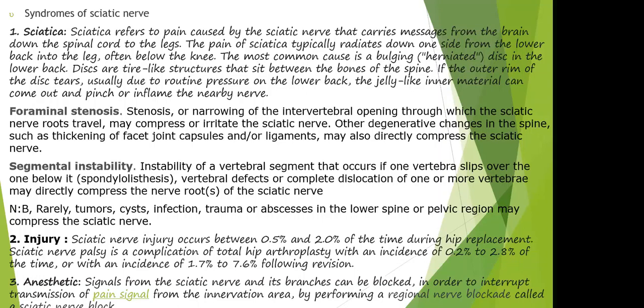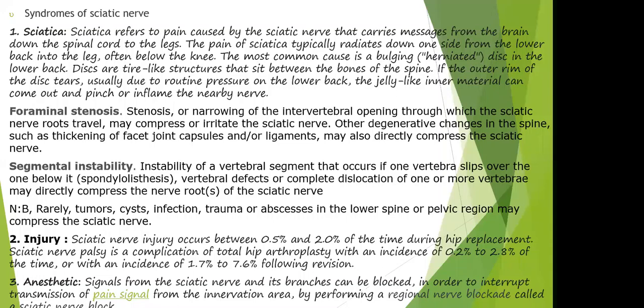This slide is trying to tell us that if there is a dislocation, or if the disc compresses, or there is any defect in the vertebral column, it can actually compress it. It's not the nerve itself, it's